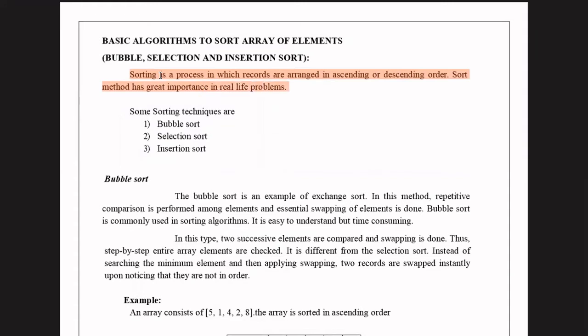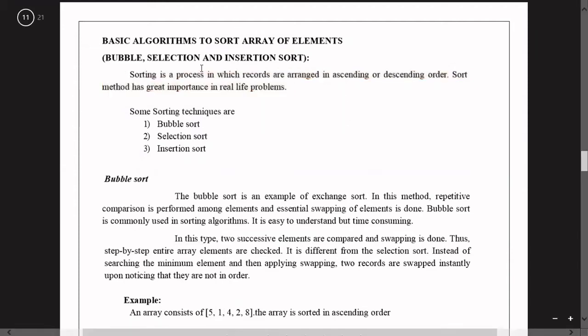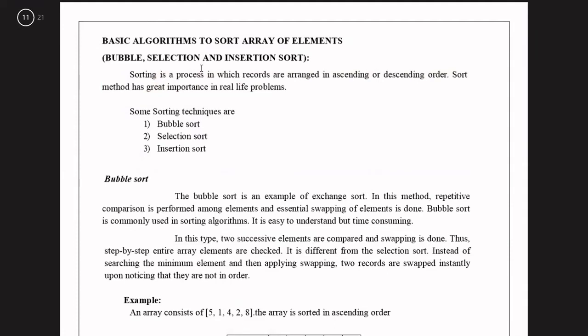For example, in mobiles, whenever we are entering contacts and when you reopen it, all the contacts are sorted in alphabetical order and displayed. Not only in mobile phones, in real-time problems outside also, we will use these sorting techniques. So what is sorting? Sorting is a process of arranging a set of elements in ascending or descending order. But whenever we are performing bubble sort, selection sort, and insertion sort, we will follow the ascending order only.